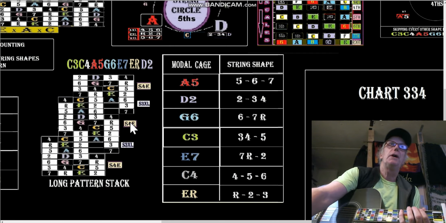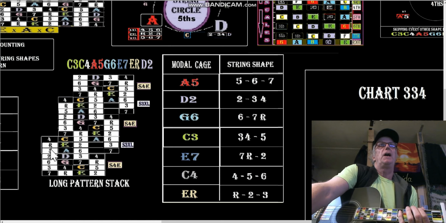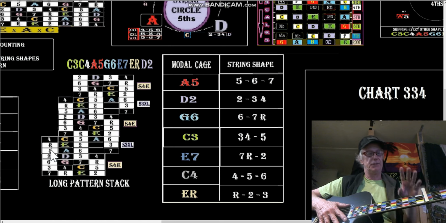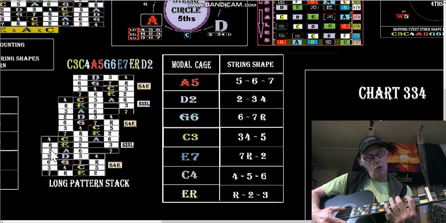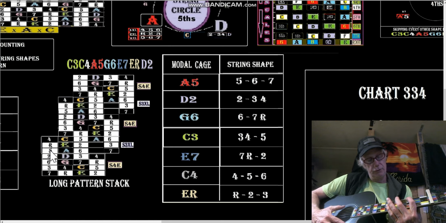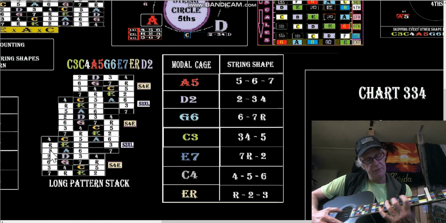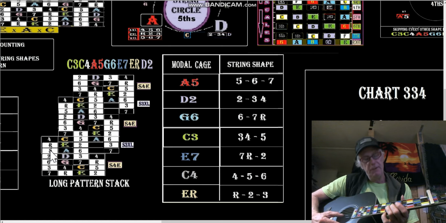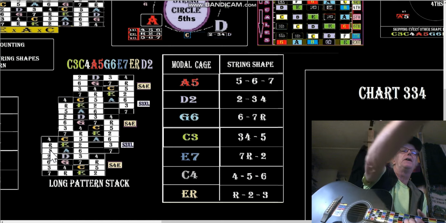But now we're going to substitute, in that 5, we're going to substitute a root there. So now we're playing in the key of G mixolydian, and I'll show you how to do it for E. It's the same thing. So we're going to go root, but we're going to follow that Mixolydian scale. So it's going to be root 2, 3, 4, 5, 6, 7, root 2, 3, 4, 5. Now look at, I'm stopping on a purple note there. That's a D. D is the fifth of